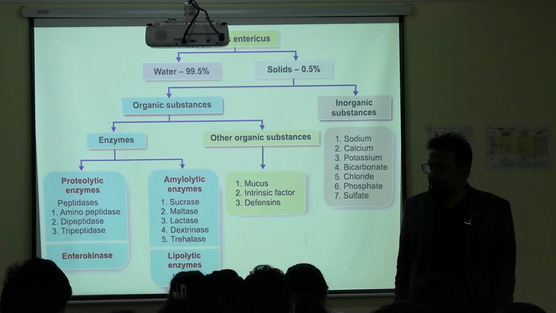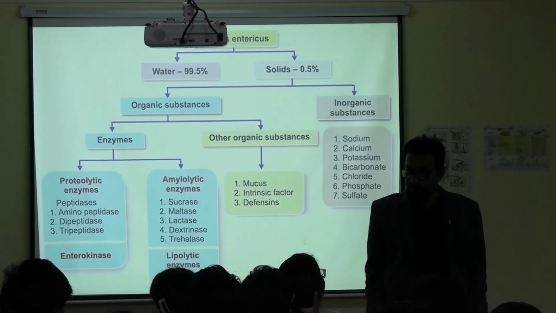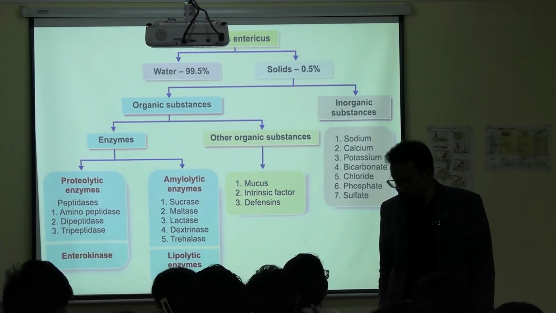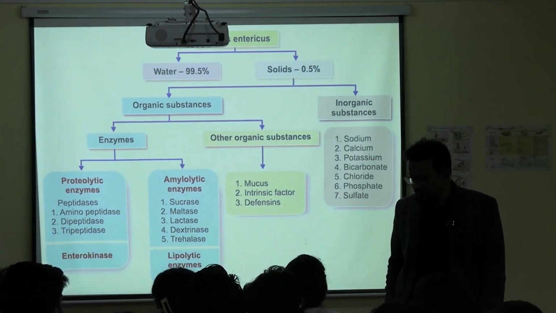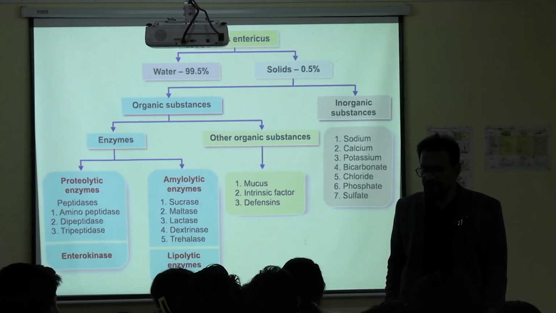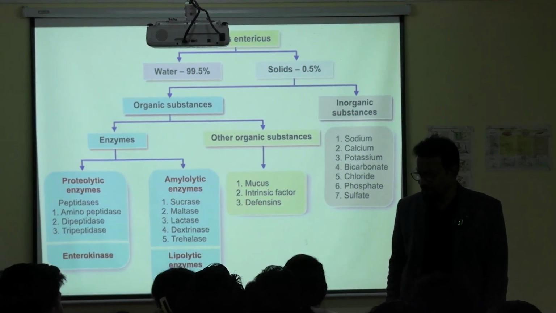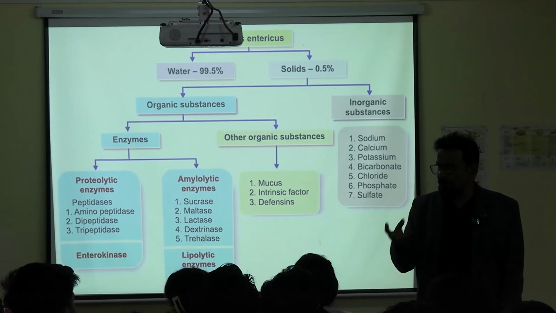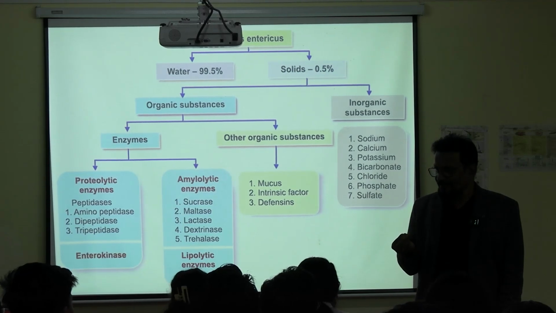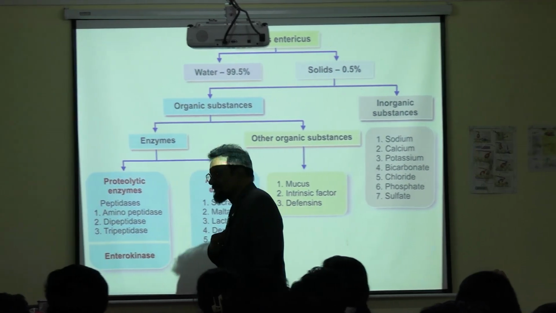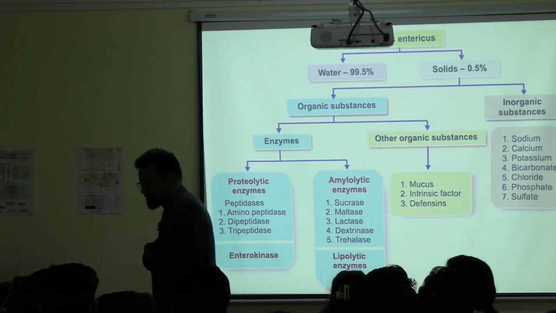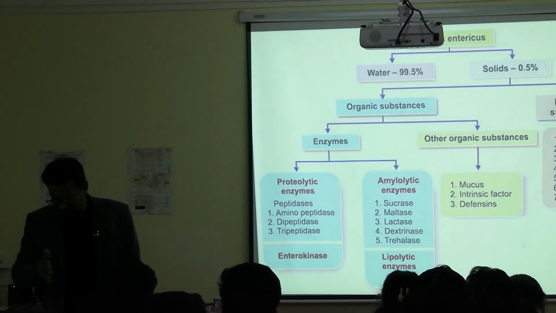First, how will it be activated? Enteropeptidase. Where will you get this? What is the source of enteropeptidase? Somewhere they should be produced, no? So what would be their source? It is the intestinal mucosa, the mucosal cell